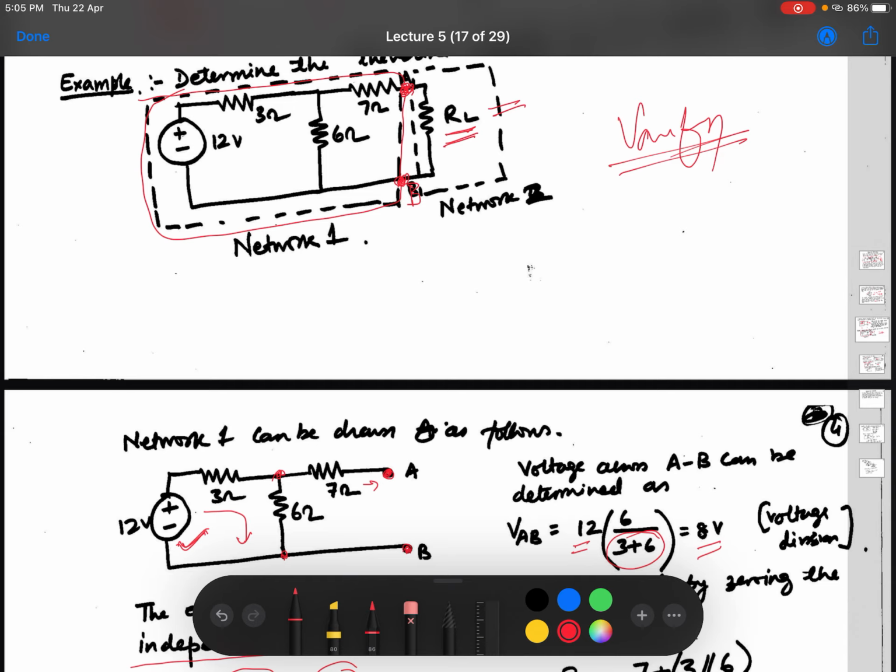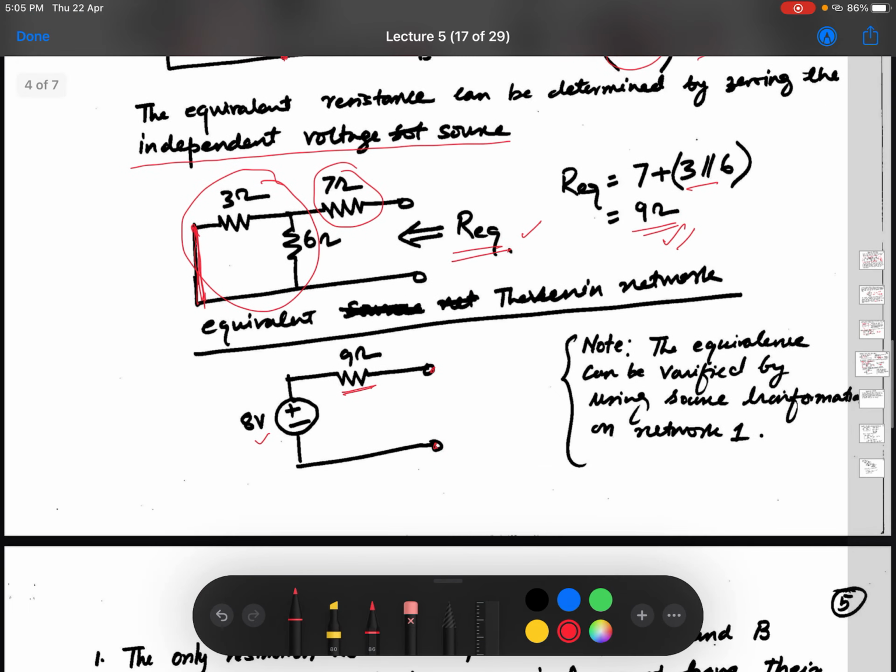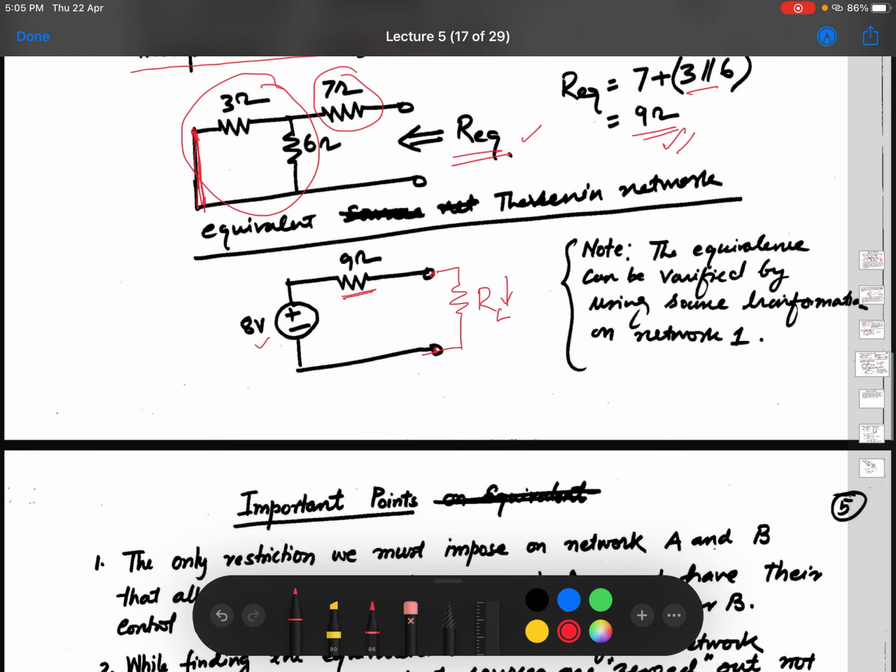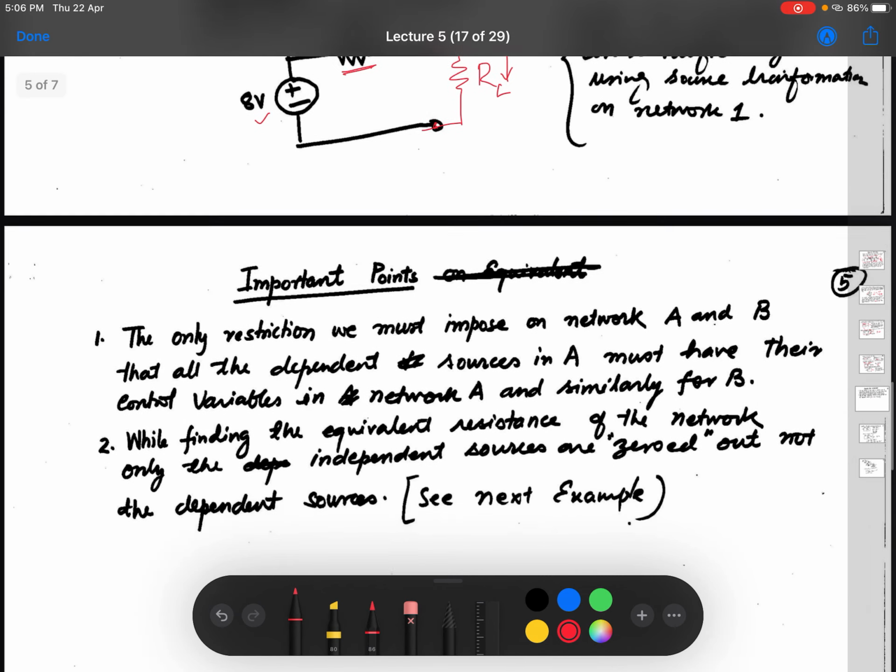That means you have some value of RL, try to calculate what is the current flowing in that RL, and then you can use this circuit, plug in the value of RL here also, and you can find out if the current must be exactly the same. That is what the Thevenin network actually gives. Okay, now let us see